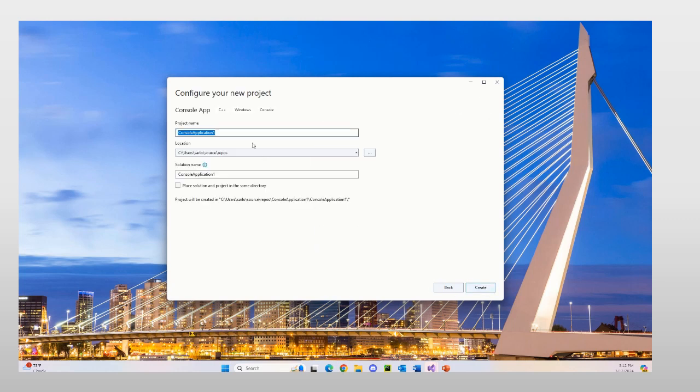We're going to give it a name. Hello me. And you can change your location. If you want to create a folder on your desktop with your course number and your topics or your assignments, that's completely up to you. Okay, store it wherever you want. This is just by default that goes to sources and repos. That's just because I have different things installed on this machine. So Visual Studio, just all my stuff goes in that spot. I hit create,